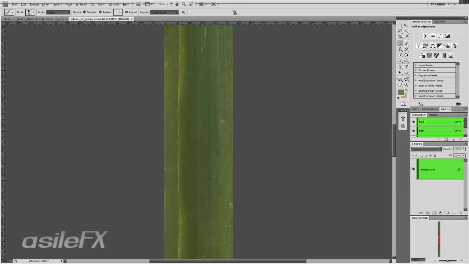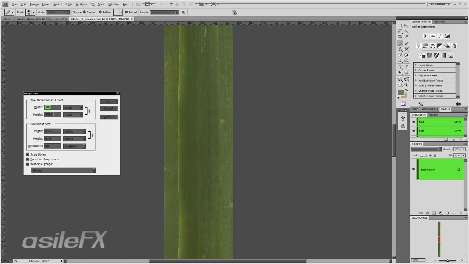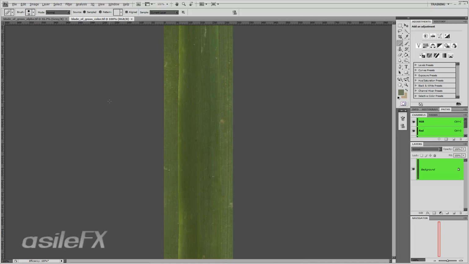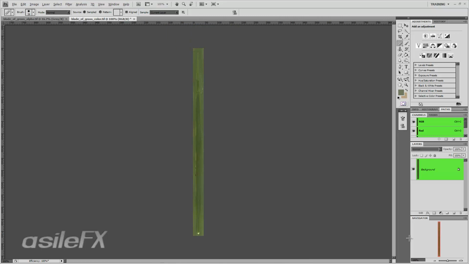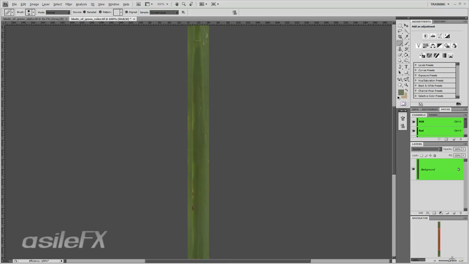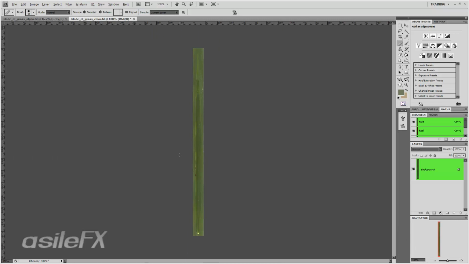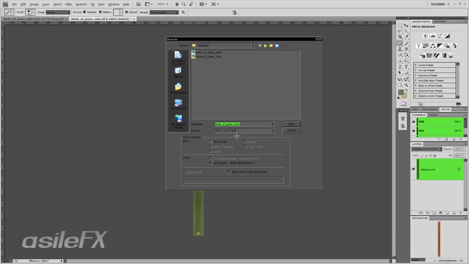So you could go ahead and switch it that way if you wanted to scale directly within the interface, but what I'm going to do is go to image size, and let's go ahead and set the height to 768. And I'm going to do bicubic sharper on the color. And then go ahead and save